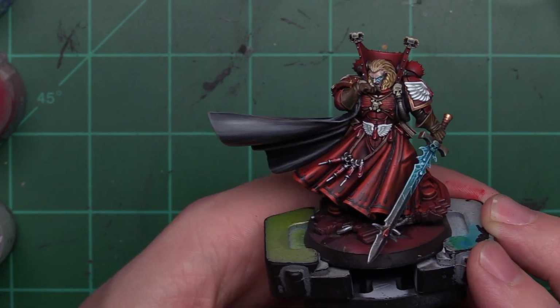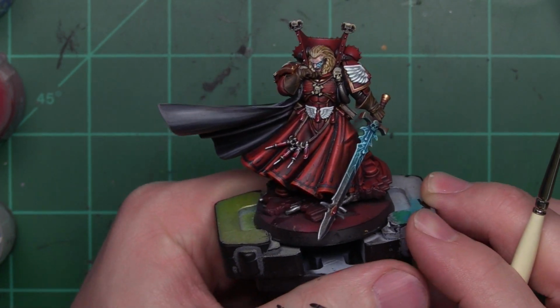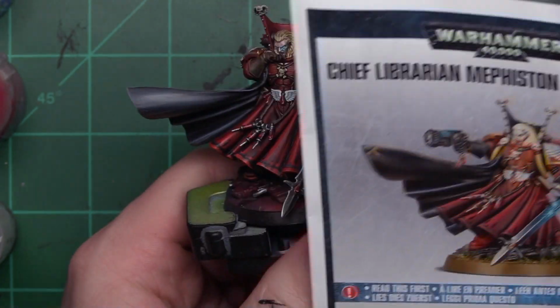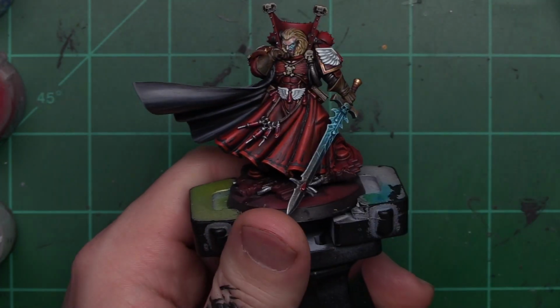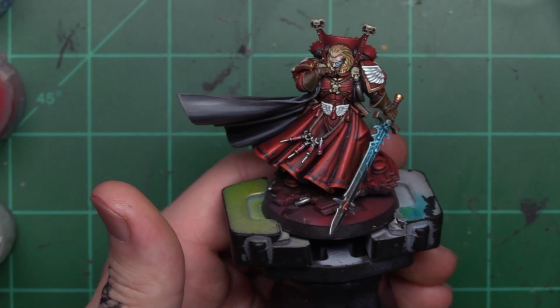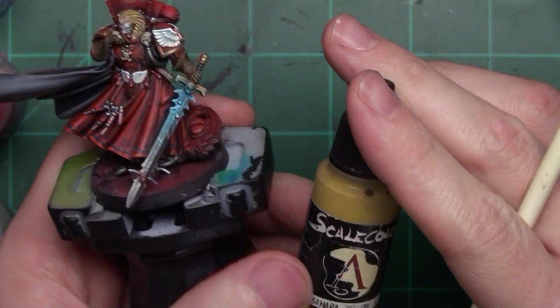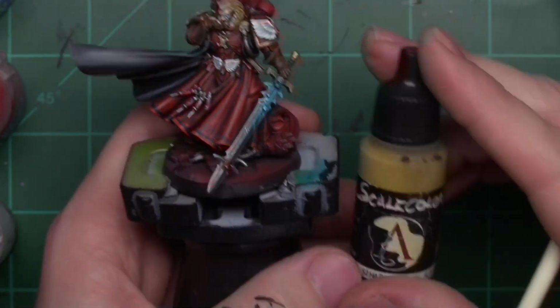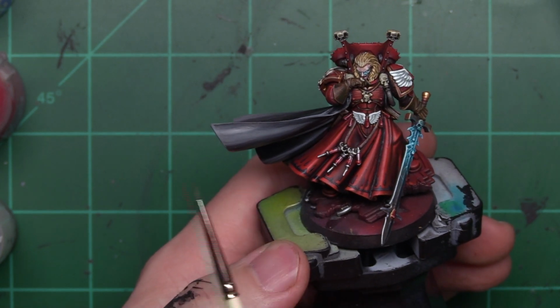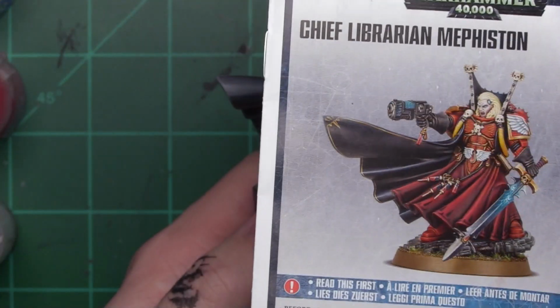And now the next thing to do, which is the most difficult part, I think, is to tackle the areas on his cloak. This right here. So we're going to be trying to do something along those lines, and for that we're going to be using a couple of Scale75 colors. You could use whatever colors you like, but in this case we're going to start off with Sahara Yellow from Scale75 to block in some of those colors on his robes that mirror kind of the gold effect